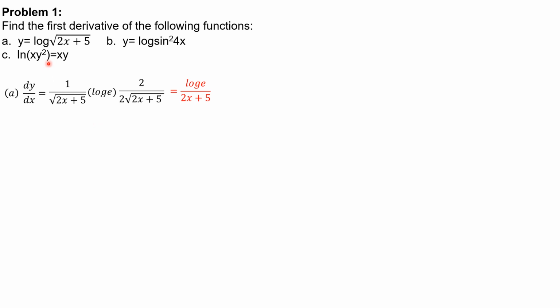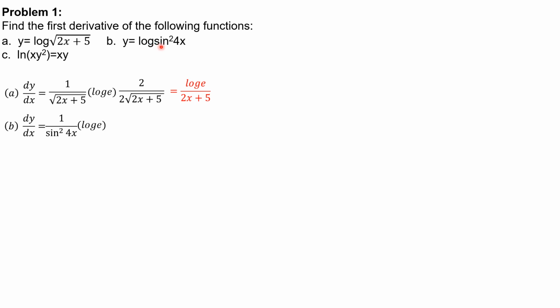Then for b, dy dx is equal to, so this is log of u is sine squared 4x. So it is 1 over sine squared 4x, then log of e, the base is 10, so it's just log of e,